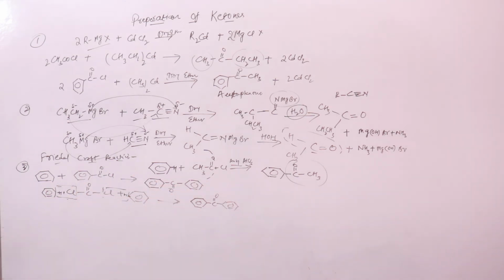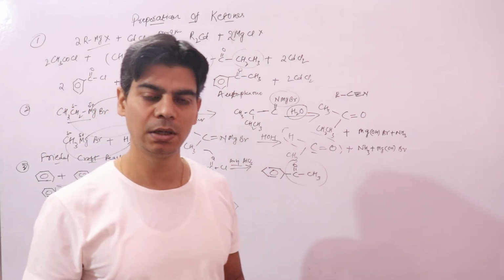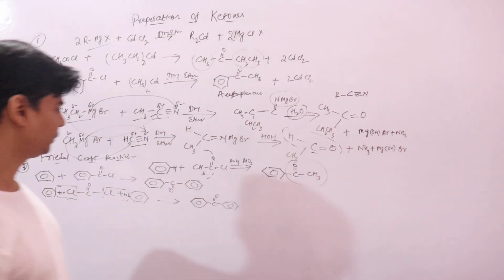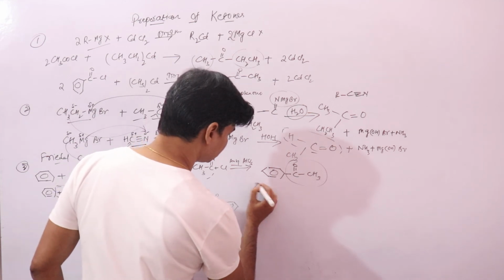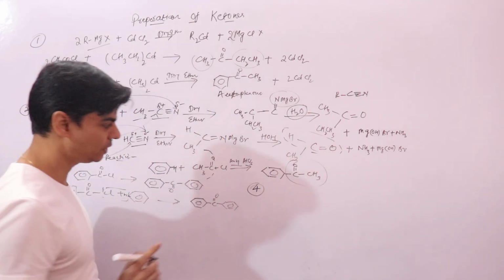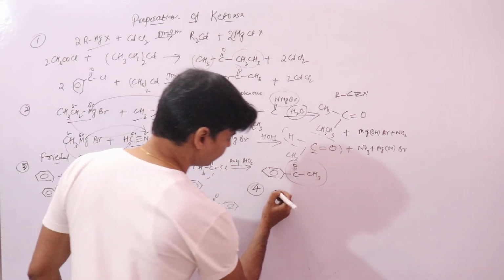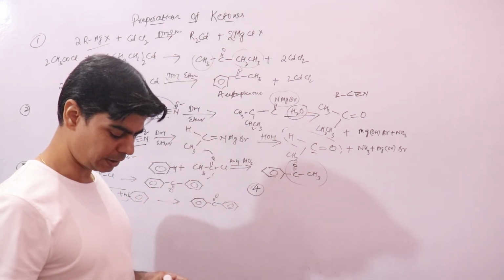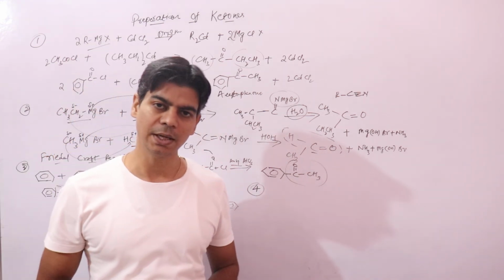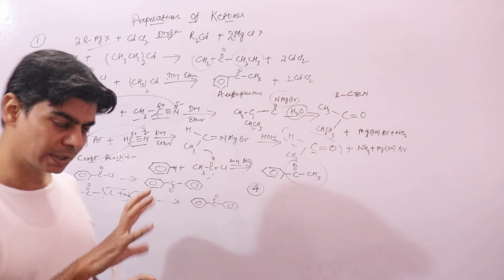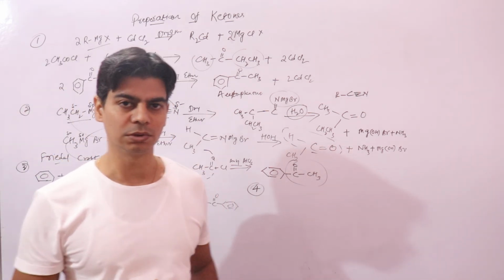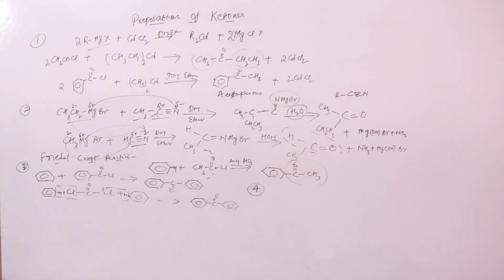Right? So this is your Friedel-Crafts reaction, and remember, all these Friedel-Crafts reactions, we have done the mechanism earlier, are electrophilic substitution reactions. Now we'll go through the last reaction, which is your Fries rearrangement, which we have done earlier also. Using the Fries rearrangement, we take esters, and these esters will undergo a rearrangement reaction to form ketones. So this is basically a rearrangement reaction, right? So your phenyl esters, say, in presence of anhydrous aluminium chloride in carbon disulfide,